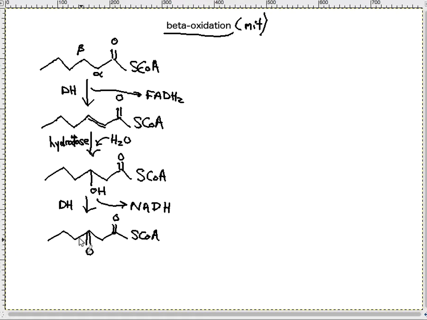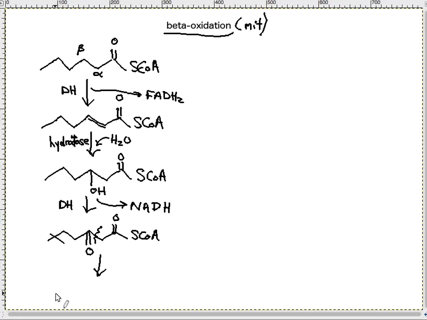Okay, now look what we've done here, right? We've taken this carbon chain and really we've focused on this beta carbon, putting a carbonyl group on it. And so now hopefully you can see we've got sort of an acetyl-CoA right here, right? 2 carbons. And then if we cut this right here with what's called a thiotransferase, you don't have to know that,